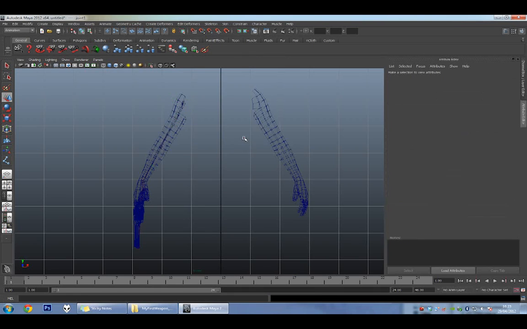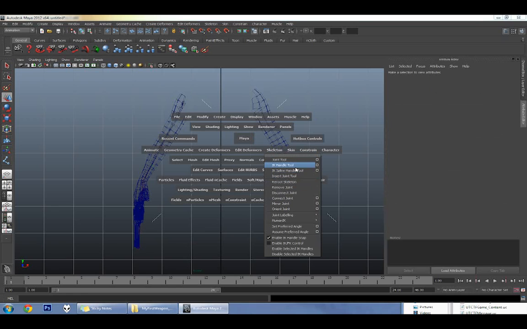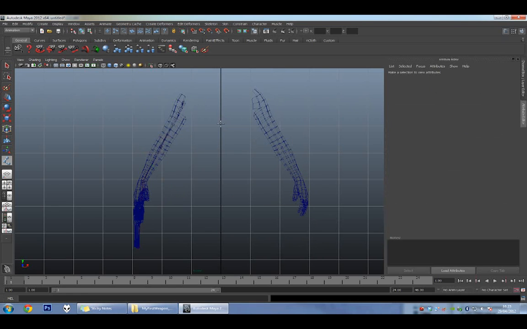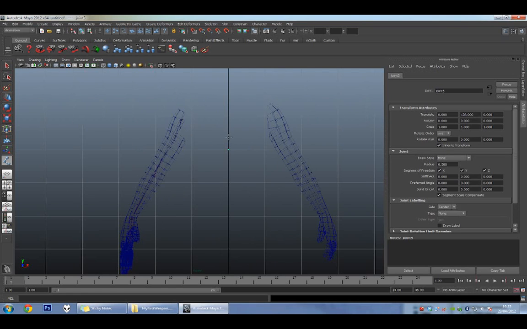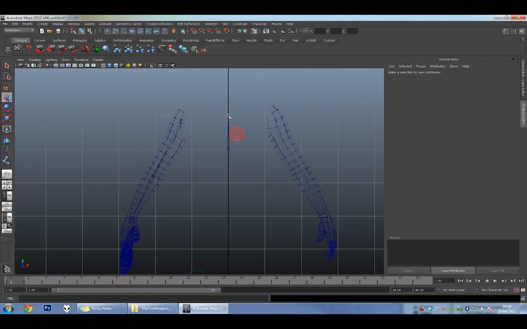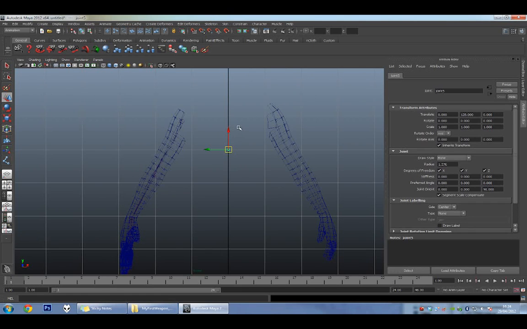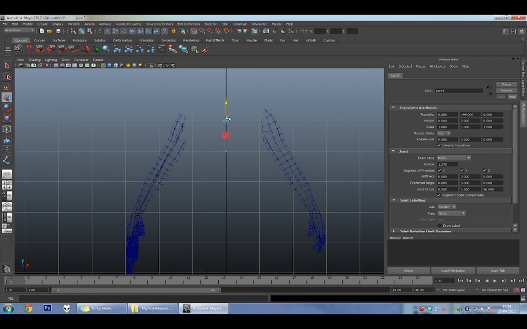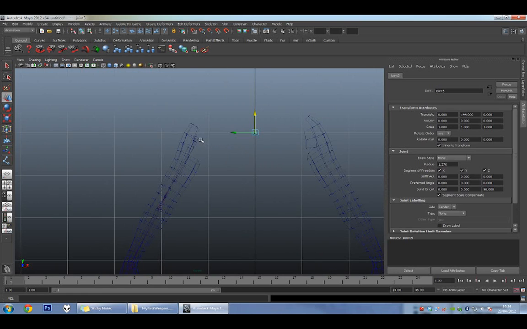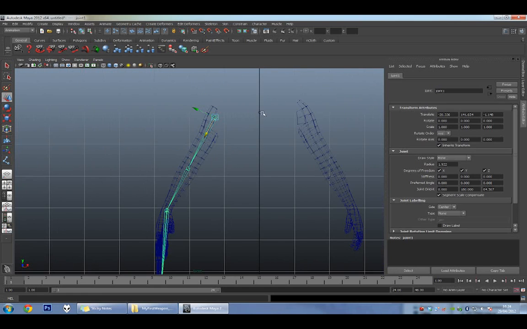Now create one more joint. Hold X to snap to the grid and create right in the centre. You only need one joint, it just always wants to create two at least. So, oh yeah, and don't forget to name your joints too. So this joint should be called something like